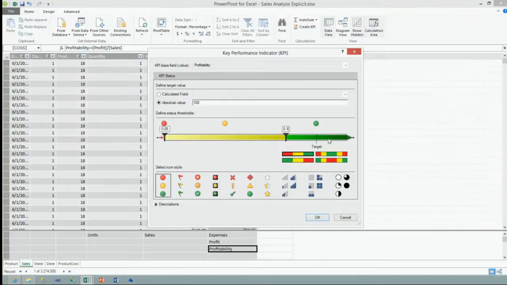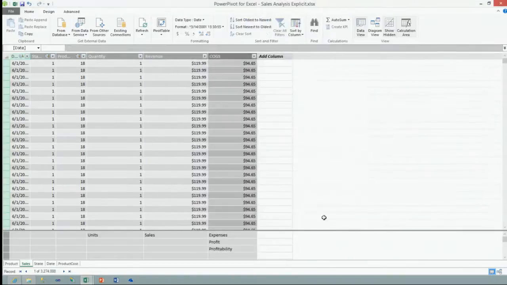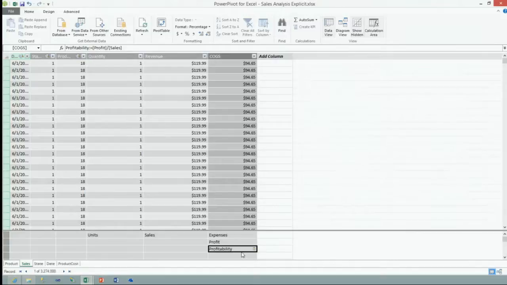So note here you can play around with this. You can have a centered KPI. You can have that lower is worse, or higher is worse. So you can play around with the directions, and you can also select the icon style that will be used by reporting applications. And now this measure includes additional metrics of goal and status that can be used in your